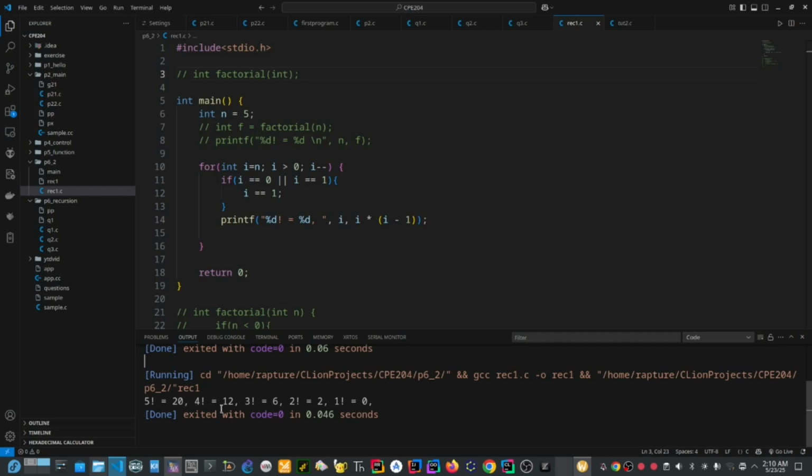This is not the correct answer for now. 5 factorial should be more than this, but I put it in its form of step, but it should be total, in total. This should not be 5 factorial. That will be 5 multiply in summation. 5 factorial should be